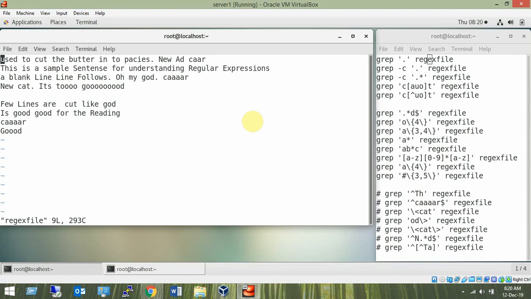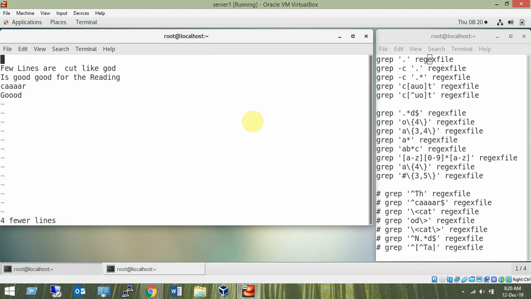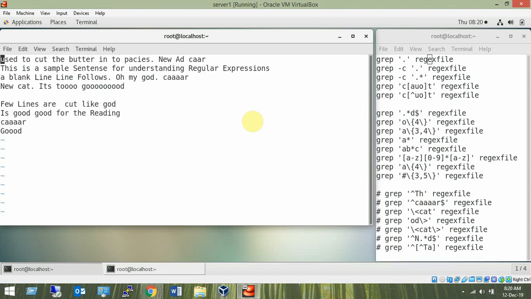If I type 4DD, it will delete four lines. If I type DD, it will delete a single line. DD stands for line deletion. If I type U, it means undo.